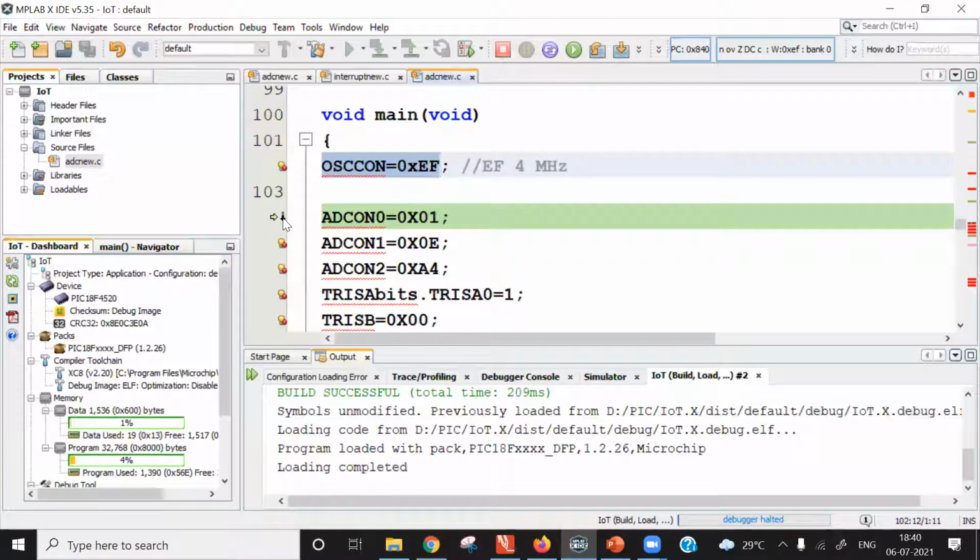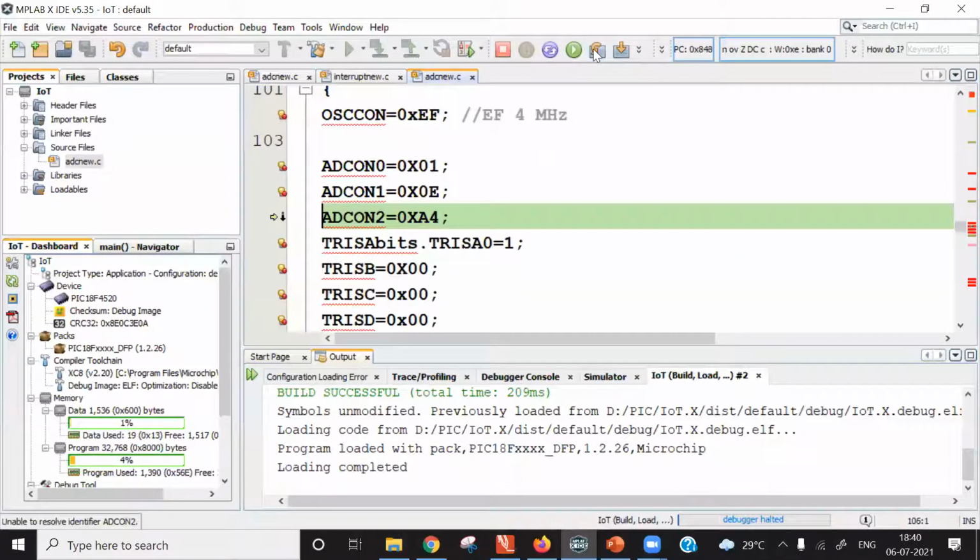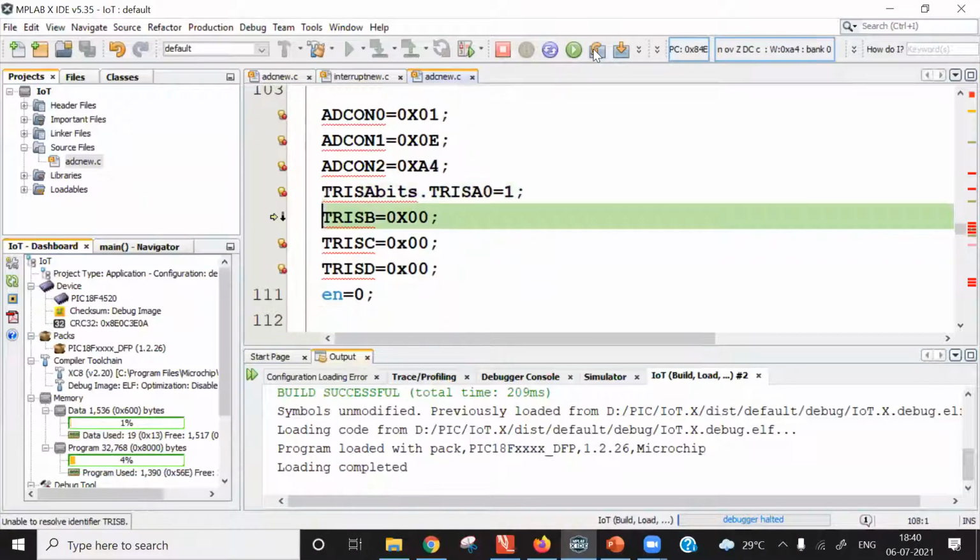And now control is on the second instruction. Once again, if I click on step over, the next instruction will be executed. So you can execute code one line at a time with the help of the step over function in the simulator. Look at it, I am executing one line at a time.